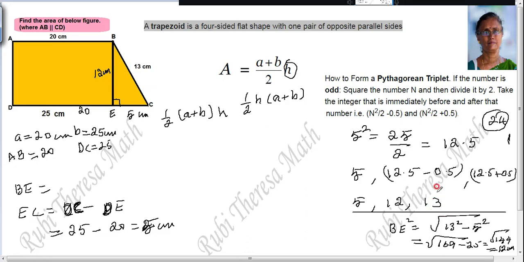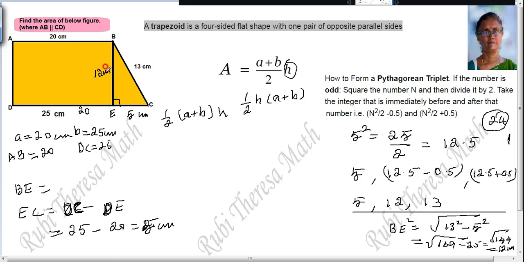Just to learn, I am explaining all these things in detail, because all the students may not know both the methods. But commonly you are using the Pythagoras theorem, isn't it? A triplet also you can use, because to answer in a word, to choose the correct answer for competitive exams, you should be able to do it fast. So better to do this.